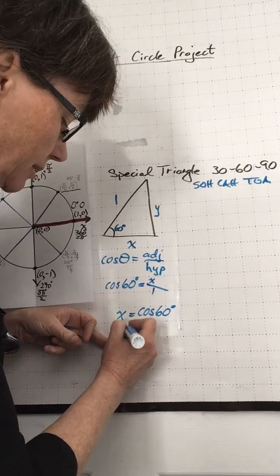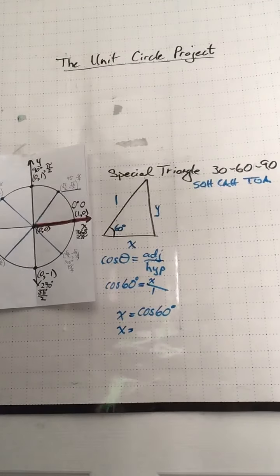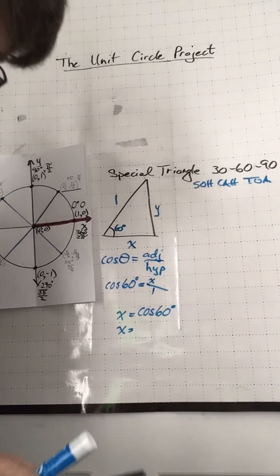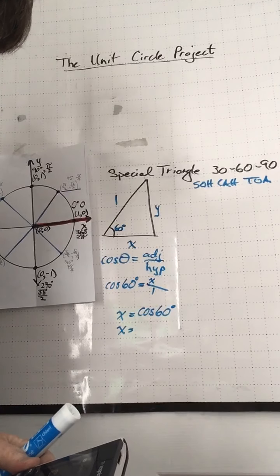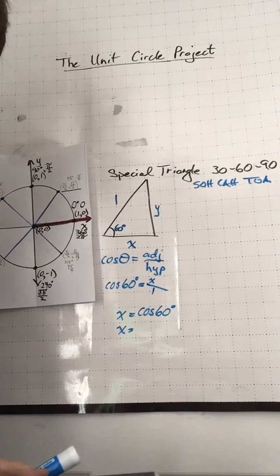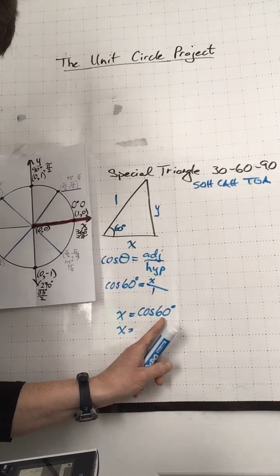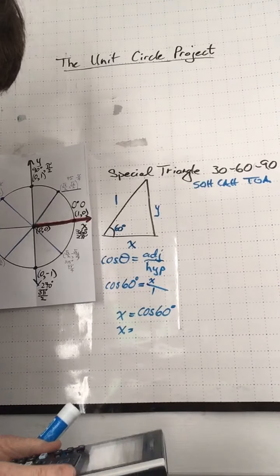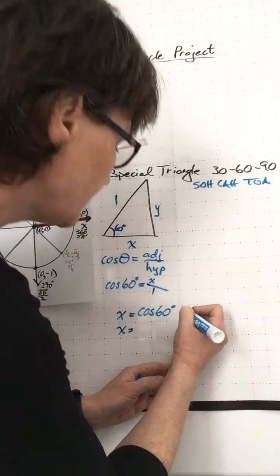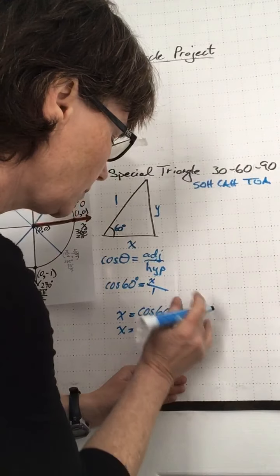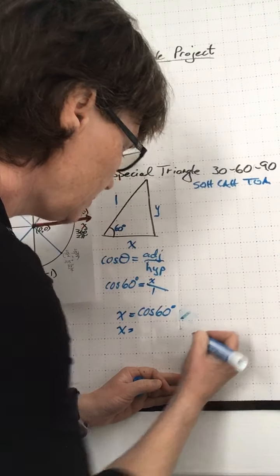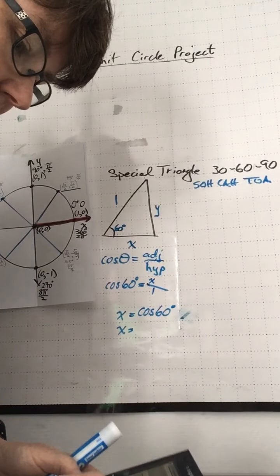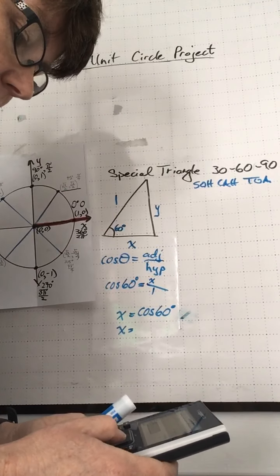Let's put that in a calculator and see what we get. So we need to be in degree mode, that's what we're working in right now. If you're not in degree mode, change to degree mode. Or you could keep it in radians as long as you use what angle here? That would be pi over 3 radians. So you could do that if you would rather. So cosine of 60 degrees or pi over 3 radians